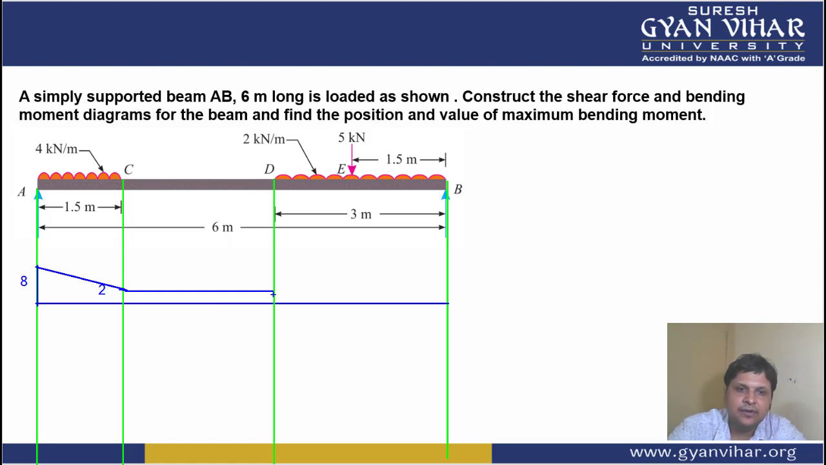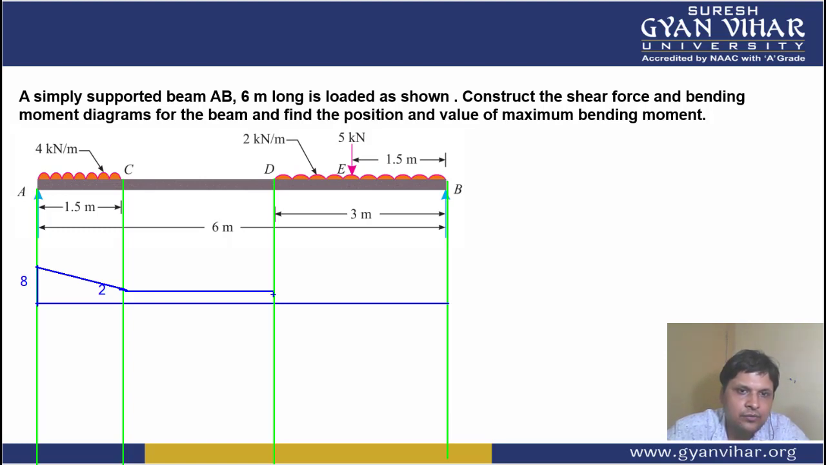Then after, at E you have a point load of 5 kilonewton, and along with that you will also consider the UDL till that portion. So what is the UDL? UDL is 2 kilonewton per meter and acting on 1.5 distance. This means that 3.5 is the